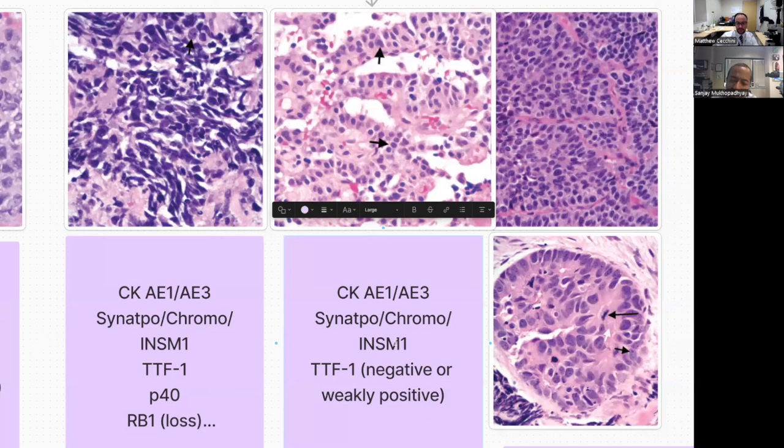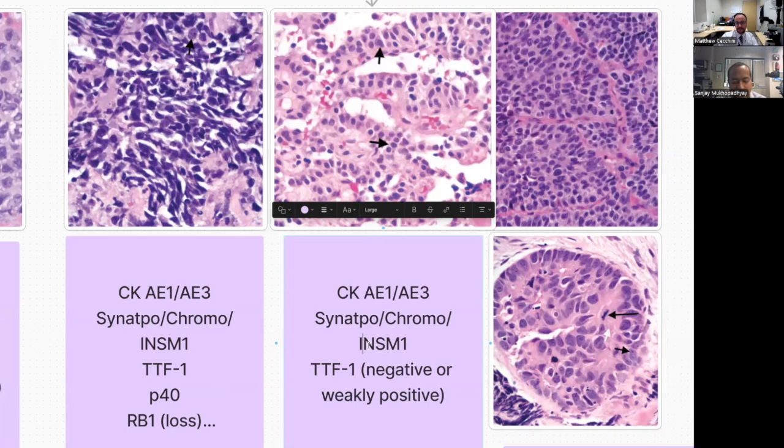Do you do IHC always, and what do you do? I have a similar panel. I don't always do it, depending on the scenario, but when I do it, I don't have INSM1, so I'd love your thoughts on that. When do you find INSM1 helps? I find Synapto is the most sensitive, Chromo is a little bit more specific, and how does INSM1 add to that panel? I think if you have Synapto and Chromo, I don't think INSM1 necessarily helps you